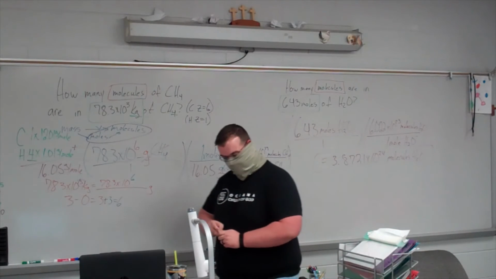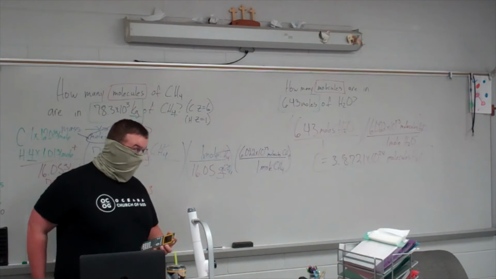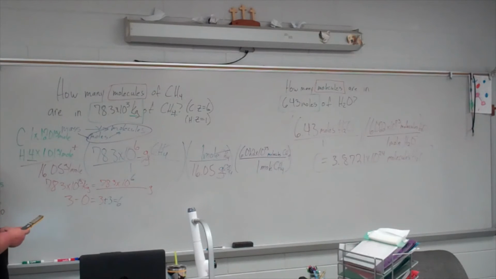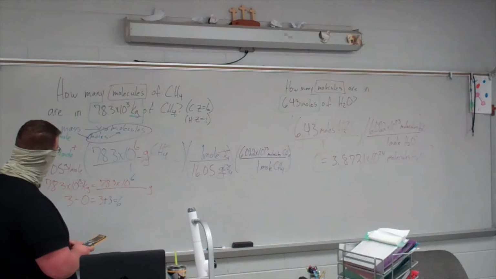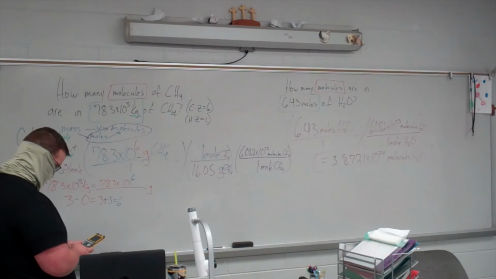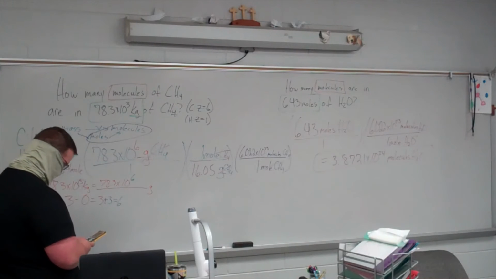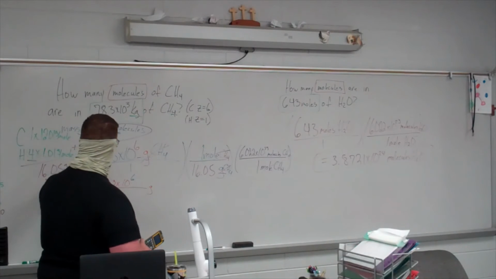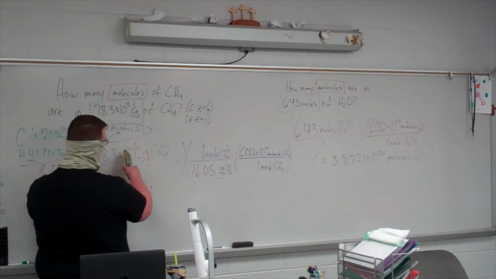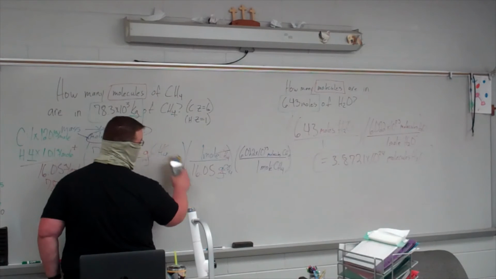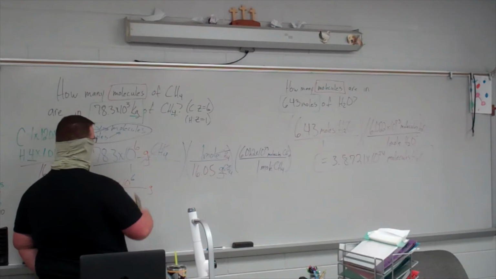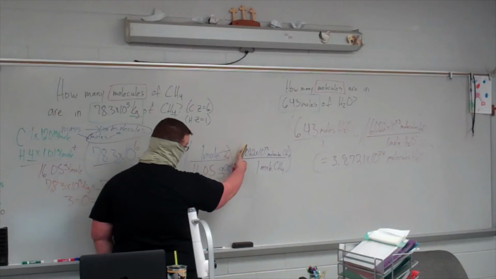Please do me a favor and punch this in the calculator. Make sure you punch in the calculator properly. There's so much stuff in here on my calculator already. Are we dividing or multiplying? This number is in the top. This one's in the bottom. When you divide, if they're in opposite spots, it's divide. Now this one will be multiplied because it's in the same spot.